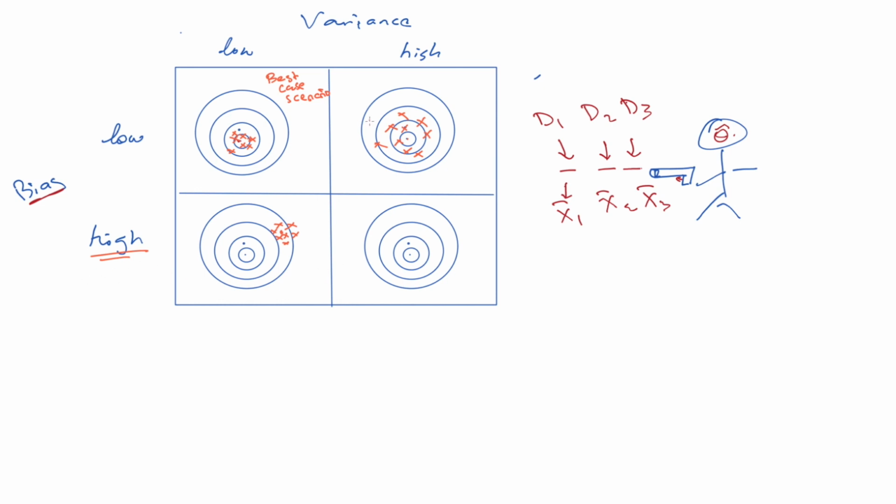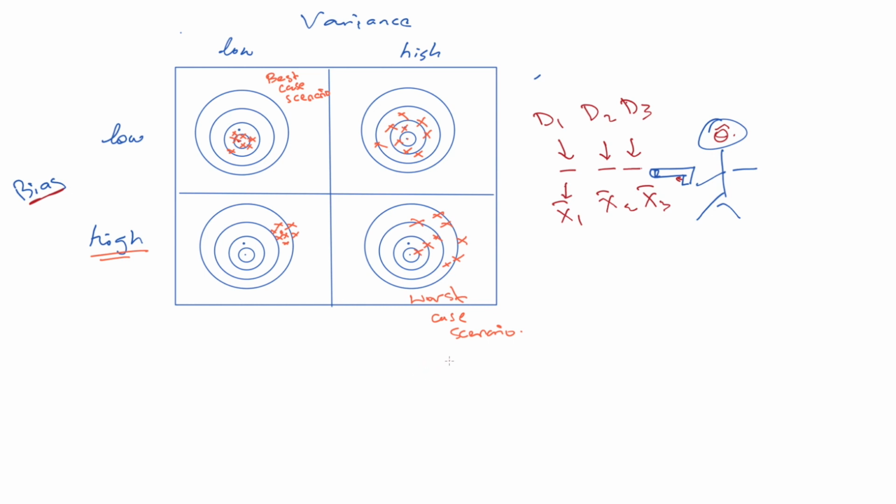And finally, if I have high bias and high variance, then this is kind of terrible. I'm focusing on the wrong spot, and I'm not being very precise. So you can think of this as the worst case scenario. Okay,